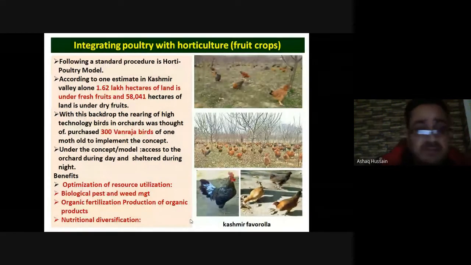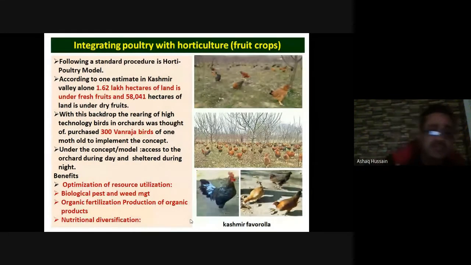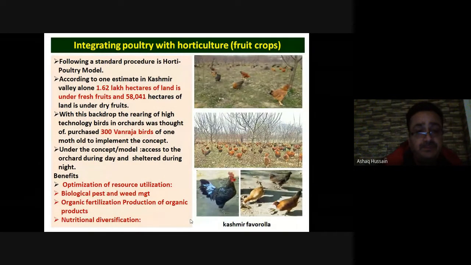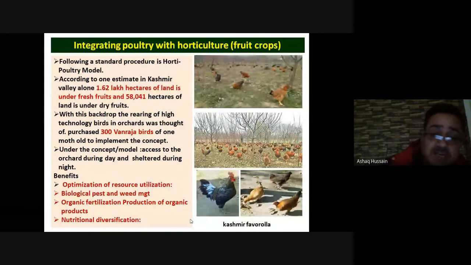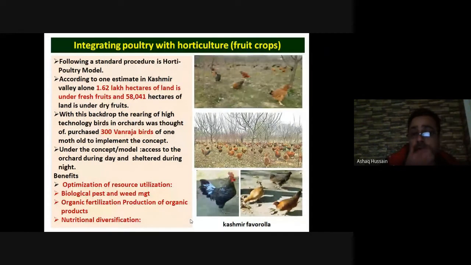So what is the benefit of these birds? It helps in optimum utilization of the resources. This also decreases the pest infestation because the birds consume the insects and also eat some of the weeds. And then this can also be an important option for organic fertilization, because the poultry manure